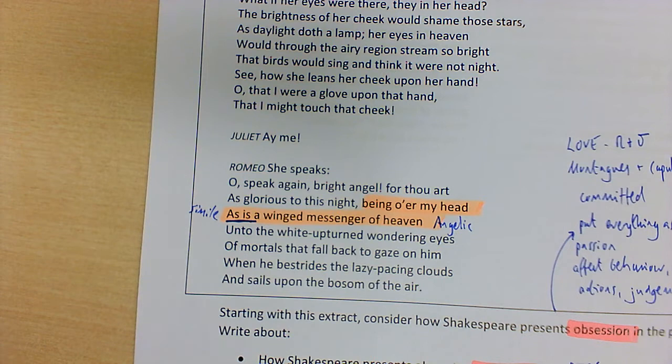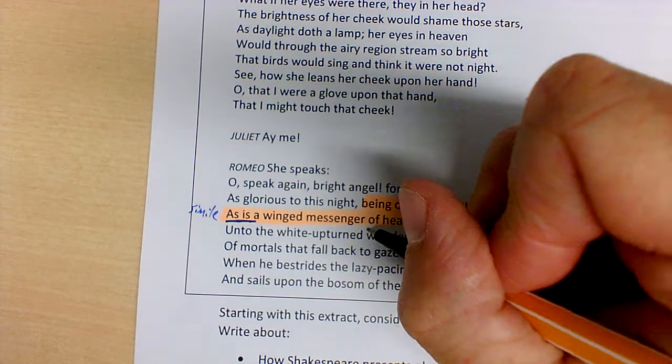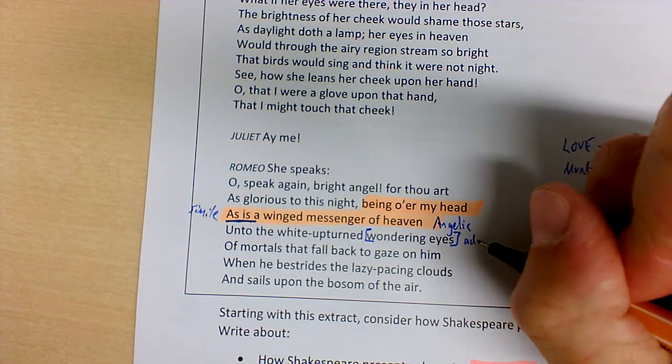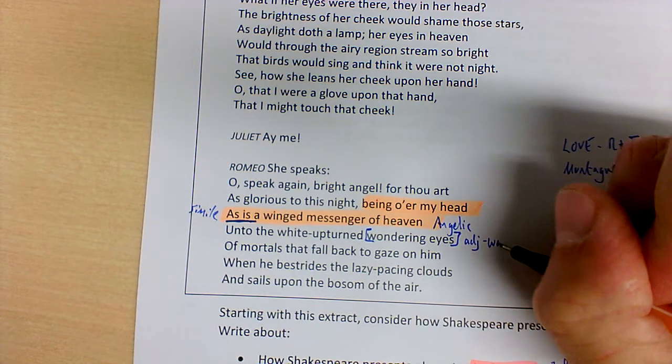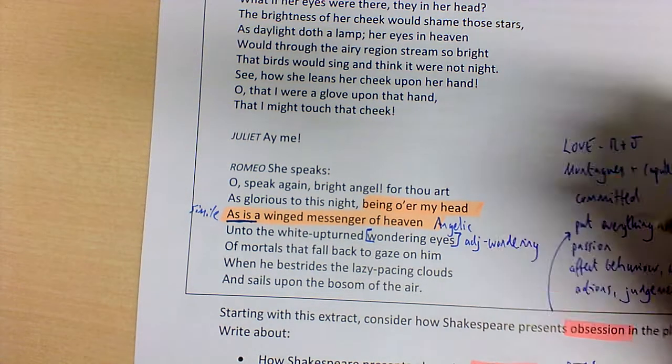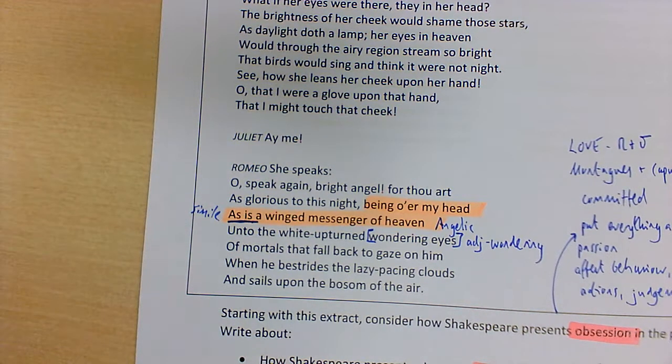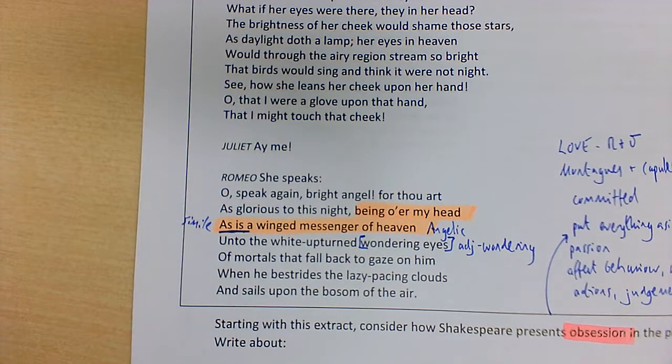Now again, with a micro quotation, you might look for a word to analyse from that area. It doesn't always have to be from the direct quotation though, and I think here I would perhaps think about wondering eyes. That adjective wondering suggests that Romeo wants to know more. And he's amazed by what's above him, and that physical obsession that exists, because there is physical